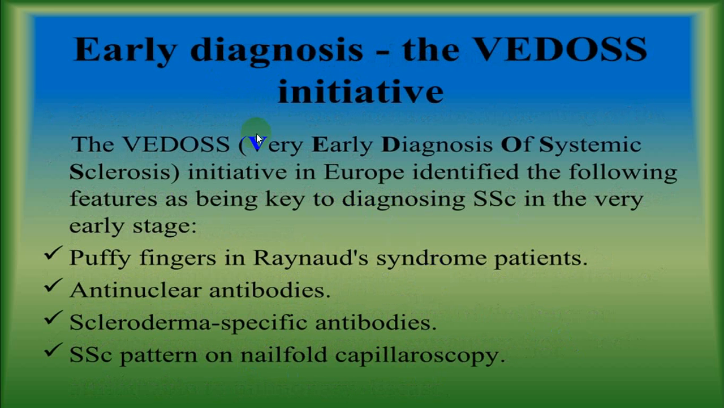There is one more variety called very early diagnosis of systemic sclerosis, or VEDOS, by European groups, where they include puffy fingers, Raynaud's syndrome, antinuclear antibody, scleroderma specific antibody, and nail fold capillaroscopy. So they include these 4 criteria, and depending upon that, they label early diagnosis, out of which a very specific one, that is antinuclear antibody